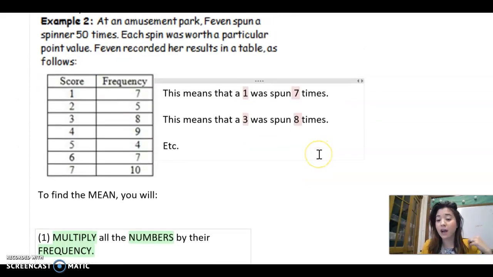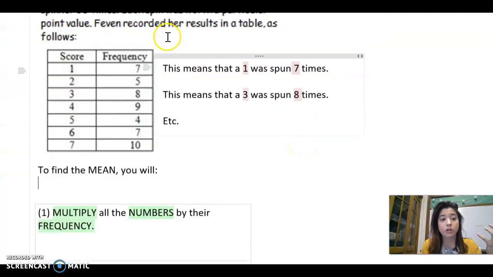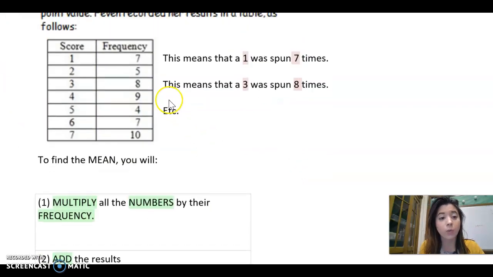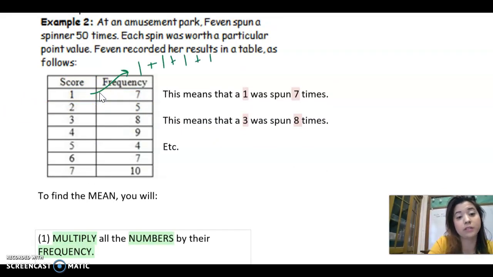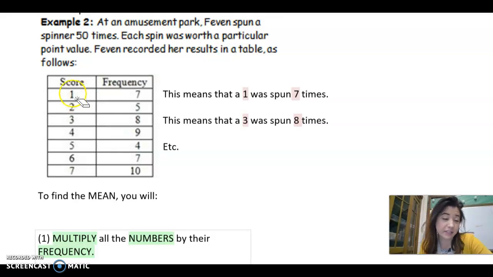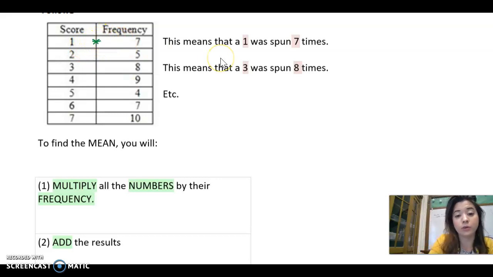So, to find the average of a frequency table, we have to do one extra step. What this means is they got a 1 7 times. So that would look like 1 plus 1 plus 1 plus 1, 7 different times, and we could do that for each one of these different numbers. But adding repeatedly is the same as multiplication. So what we're going to do is multiply the number, the score in this case, by its frequency. So we're going to do 1 times 7,